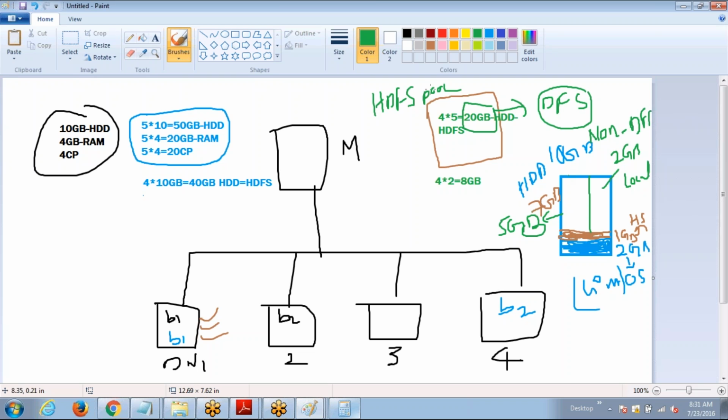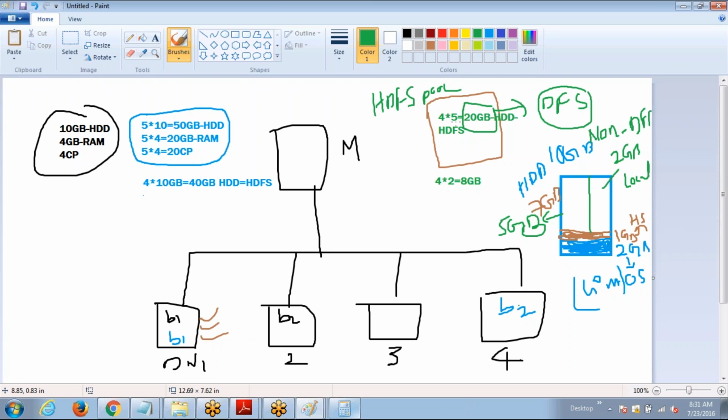So how did you come up with the HDFS pool here? You have to understand very clearly. Out of 10 GB of hard drive, my operating system has used 2 GB, and on top of that my Hadoop software is there as 1 GB. Of the remaining 7 GB, I have allocated 5 GB for my HDFS and the remaining 2 GB for my local. Since from each computer I got only 5 GB for my HDFS file system, and I have enabled 4 computers as data node services,